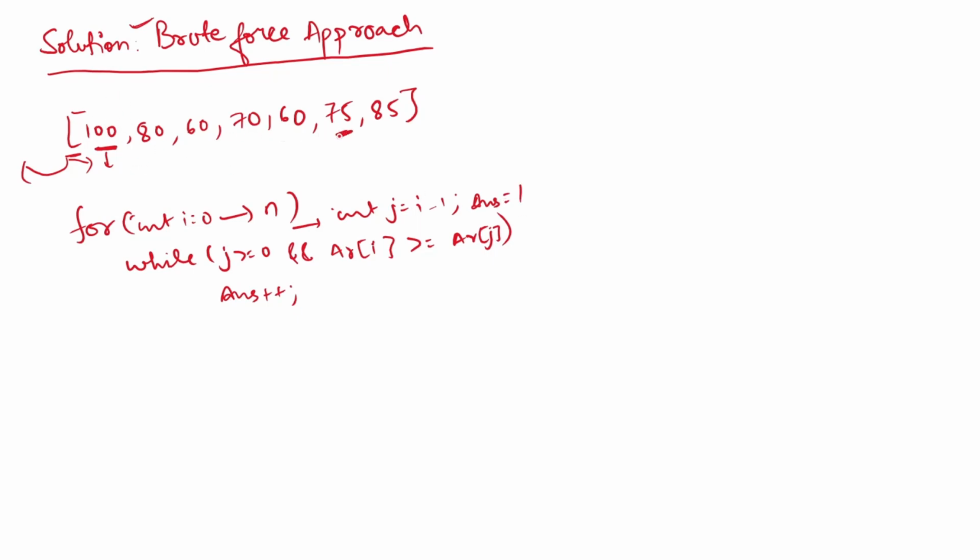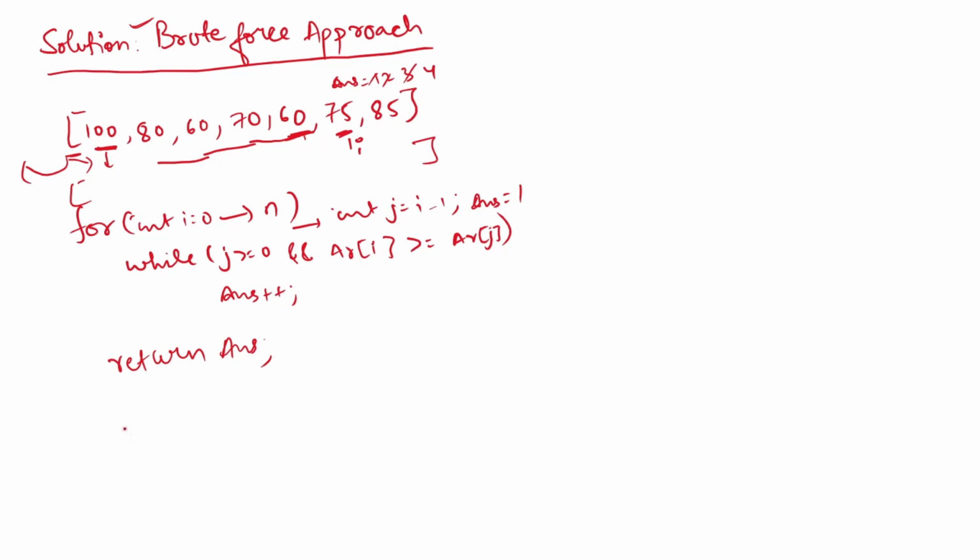So if I am here, this will be my j, this will be my i. j will start from here, and already my answer is 1. It will check is it smaller, yes, so the answer becomes 2. Now it will check, yes, it is also, so it becomes 3, then check, yes, so it becomes 4. Now this one will be greater, so in that case I will break after this loop. We do not have to store it, we have to return, so in that case I will return my answer. So this will be our first solution.